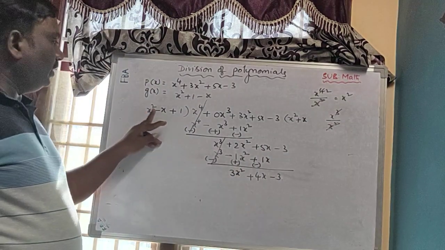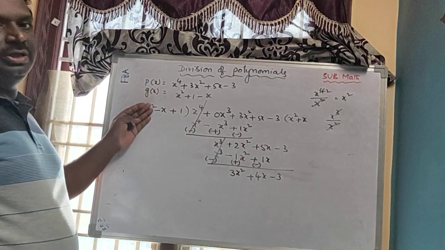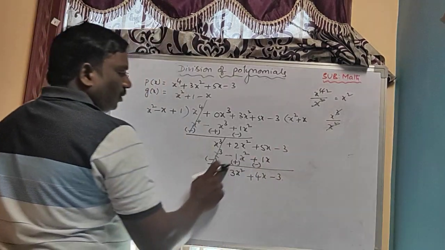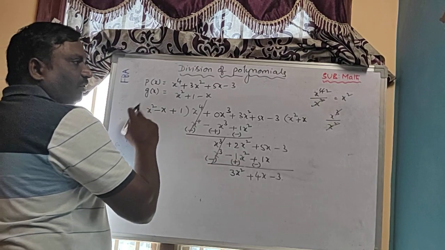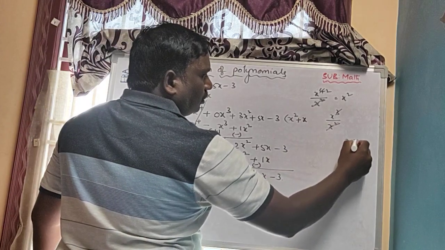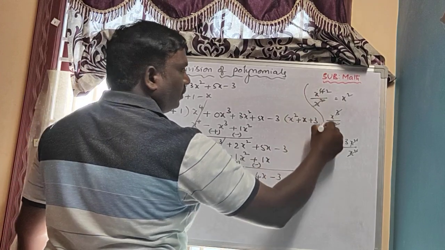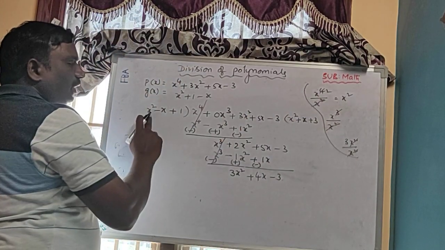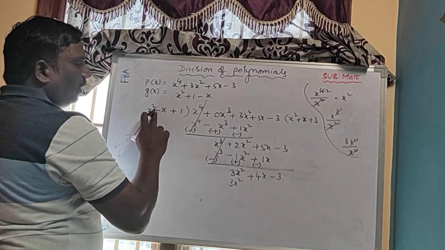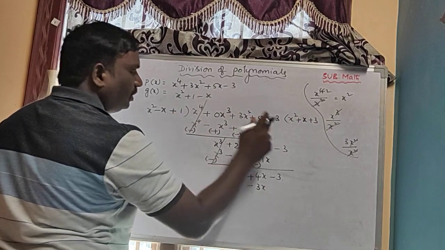So here the degree is 2, here the degree is also 2. But what I said: the degree of the remainder should be less than the degree of the divisor. This is equal. Then we have to do the division one more time. So first term of this remainder by first term of this divisor, 3x square by x square. It will go 3 times, plus 3. Then multiply 3 with the total divisor. Plus into plus is plus, 3 into x square, 3x square. Minus into plus is minus 3x. Plus into plus is plus, 3 into 1, 3.